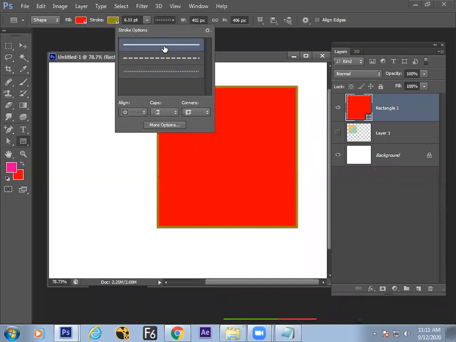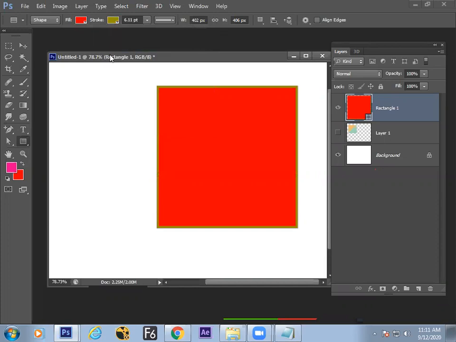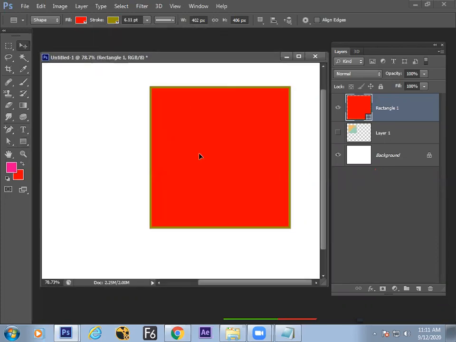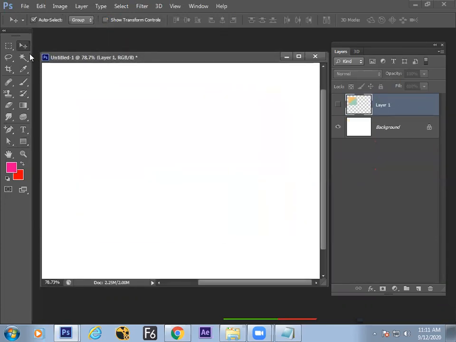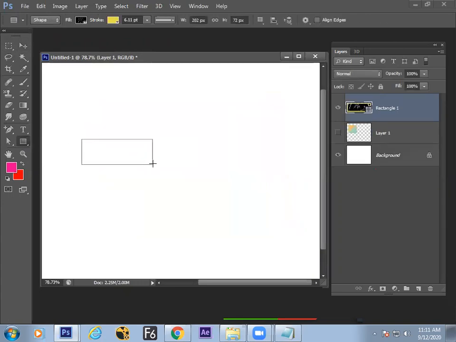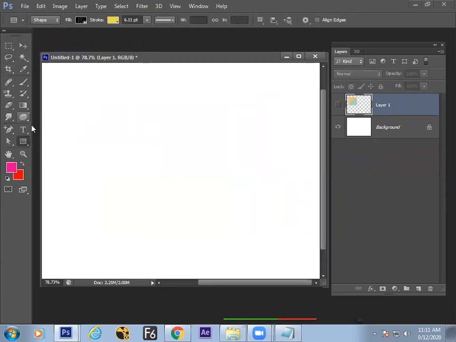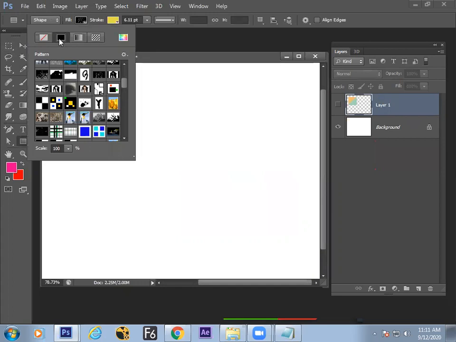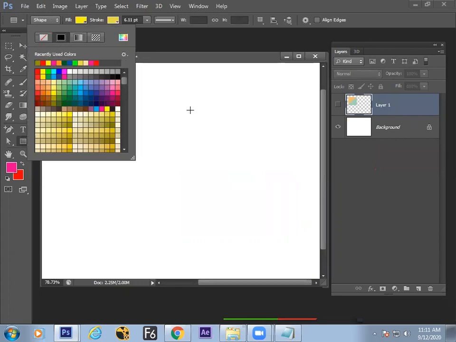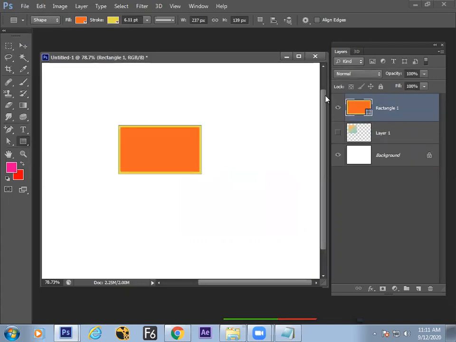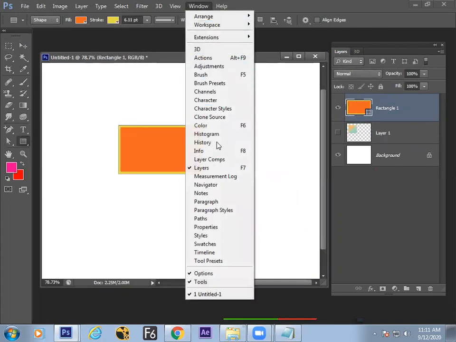So in the next class, we will learn how to create buttons and styles for this. Something like this. Not this one. I have to go with solid color. We'll learn about styles.